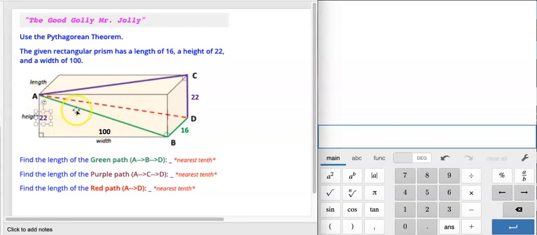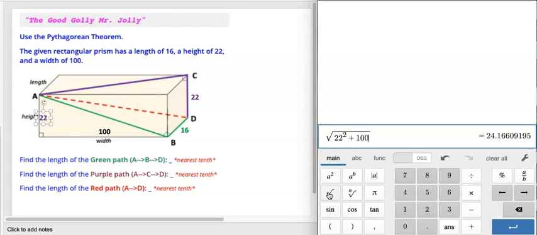So to find this green diagonal, I'm going to take 22 and 100 and square them. I'm going to do the whole move here: the square root of the legs squared and added together. There you go, just like that. This is the Pythagorean theorem in one big move. You take the legs, you square them, add them, and then square root them. That's it. So this green line going across this way, to the nearest tenth, is going